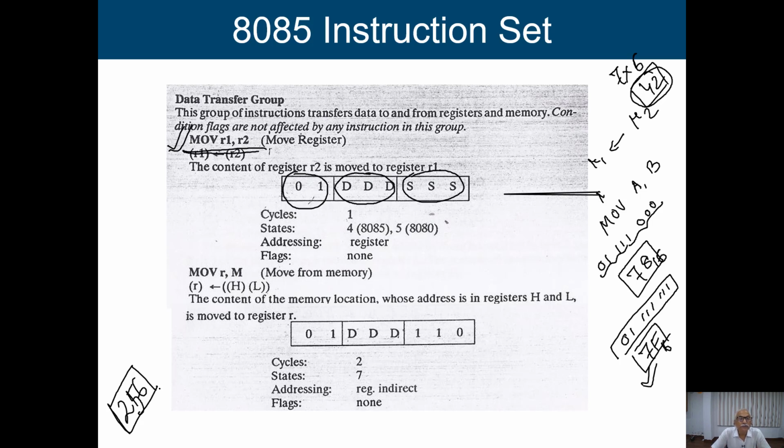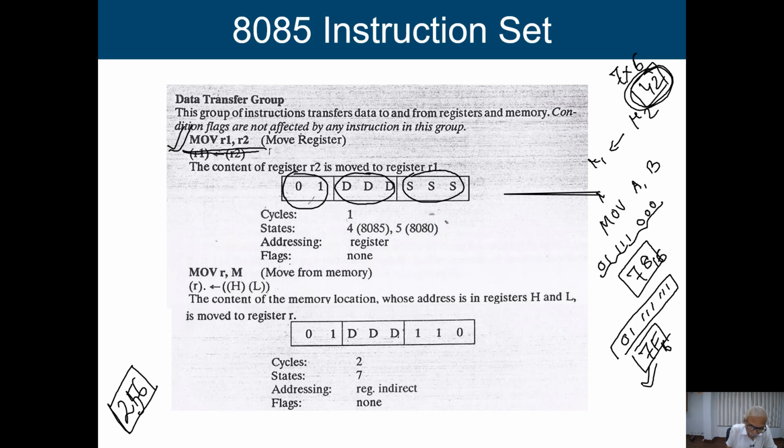Out of these 256 combinations, we are using 42 combinations to design this register movement operation. So this is one class of data transfer operation, transferring information from register to register.